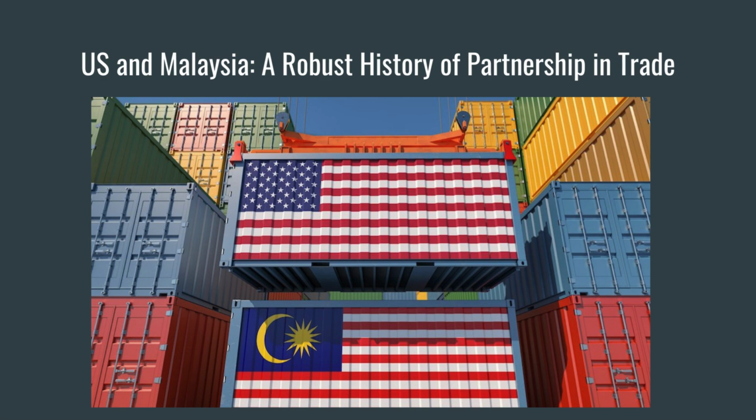engagement in Southeast Asia. Their economic ties are longstanding and robust, with Malaysia being the United States' 19th largest trading partner and 4th largest trading partner among the 10 ASEAN members. And the United States is Malaysia's 3rd largest trading partner after China and Singapore. The United States and Malaysia have a long history of successful engagement under things like the Trade and Investment Framework Agreement, as well as the World Trade Organization with ASEAN, and under the Indo-Pacific Economic Framework for Prosperity.